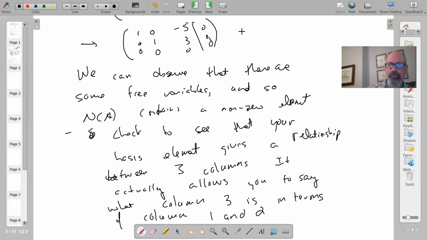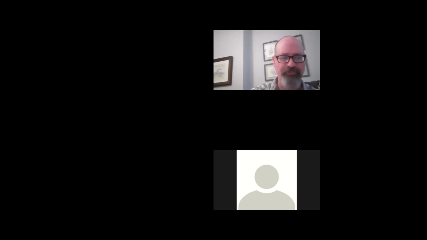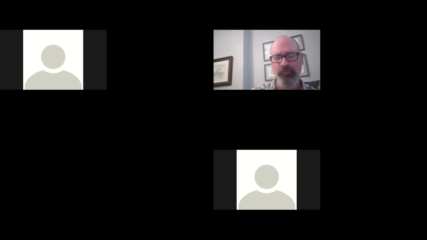So, the main point of the exercise, again, is that you're just trying to see if you have some sort of non-trivial relationship with the columns. You definitely do. But I want people to know, when thinking about that problem, the reason you can be sure of that is because the null space has contained within it, in some sense, the weights for all linear combinations of the columns. If you can find a non-zero element in the null space, then you have a non-trivial relationship among the columns. Yes, there's a question.